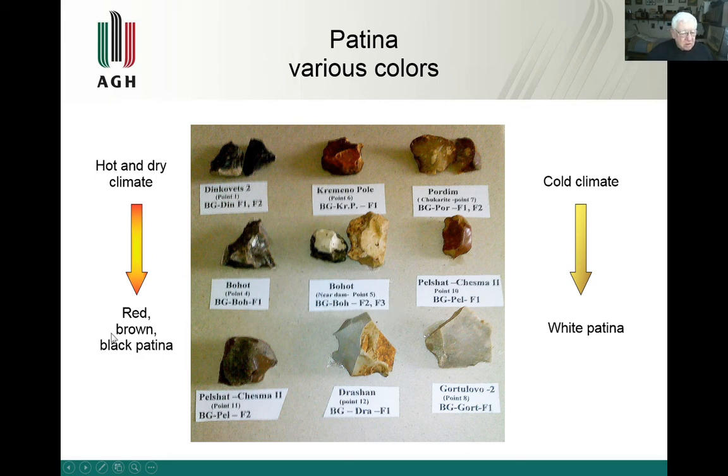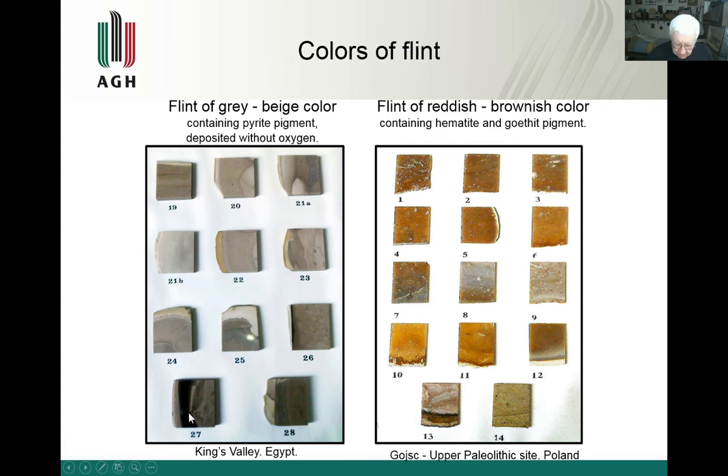And some words about the patination. In hot and dry climate, flints are patinated in brown, reddish, and sometimes near black color. In cold climate, flints are patinated with white patina. Why does this situation take place? Because